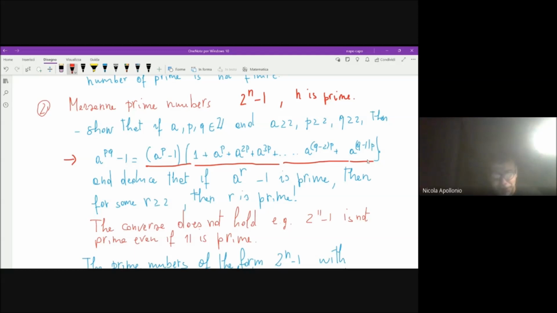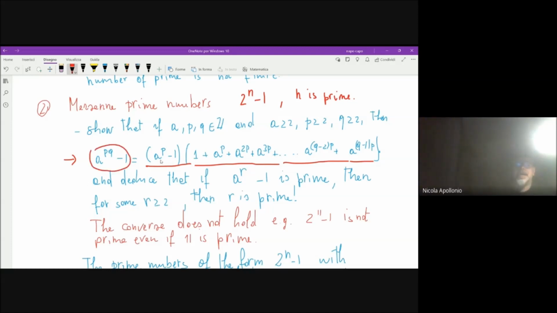Immediately, you can deduce that a raised to p times q minus 1 is not prime. Why? Because it is composite. It is the product of two integer numbers, both strictly greater than 1. So, if you replace a by 2, you can conclude that if this number with 2 in place of a is prime,